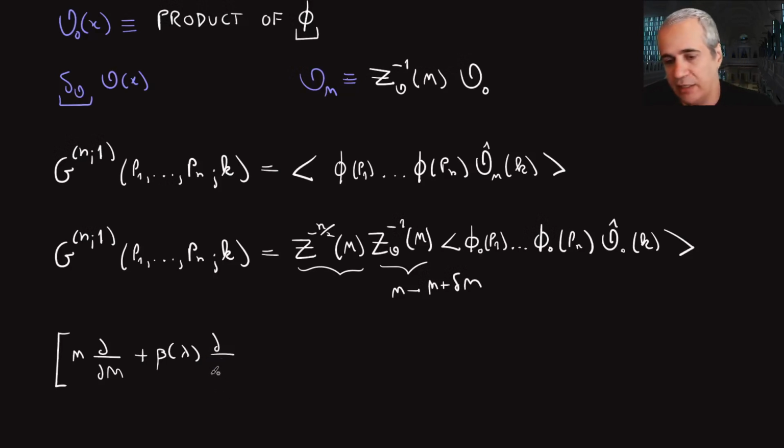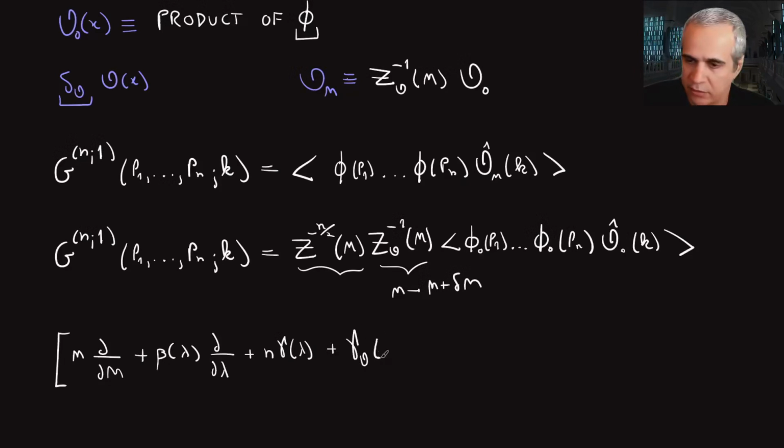One dimensionless coupling, because you'll see that this is very similar to a different coupling. And you have the usual thing that comes from the number of external legs, in this case n, and you have a gamma of lambda that depends on how these fields get renormalized. It's the field renormalization constant that is tied to this gamma. But now you have a new one, for the operator. I'll call that gamma operator. And in this case, the coefficient is 1 because I'm inserting this operator just once.